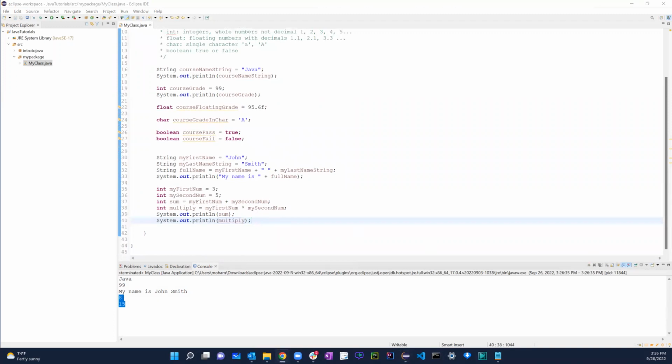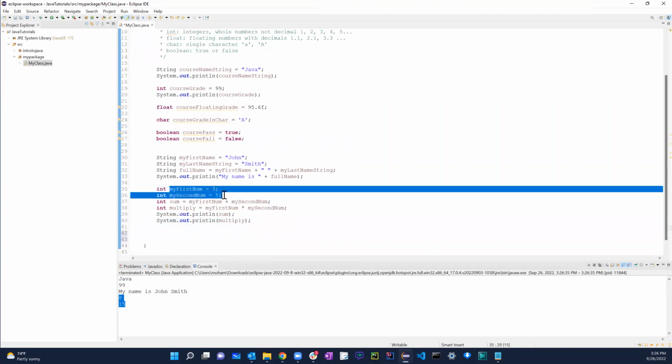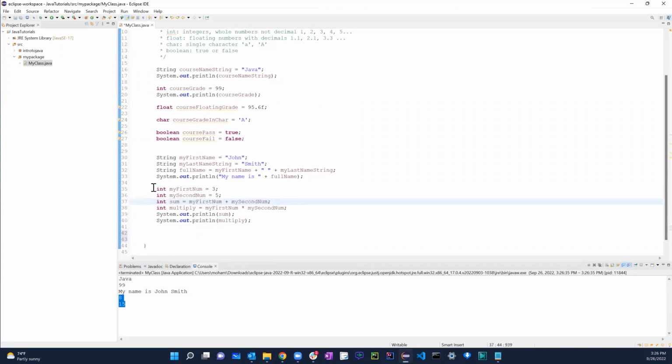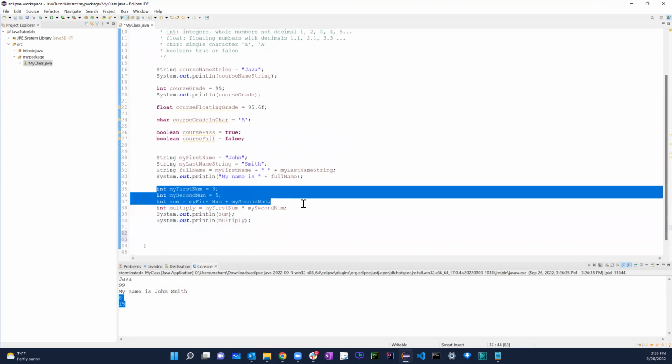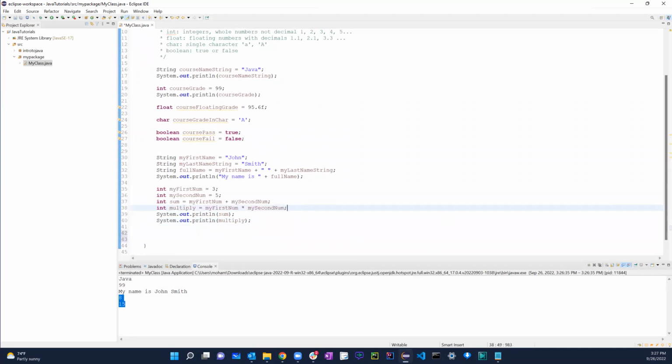Another thing, if I want to declare multiple variables, how can I declare multiple variables? Obviously, we are already declaring multiple variables here, but we are creating them on separate lines. If I wanted to, I can also do it on the same line. And what I mean by that is this. As long as it is the same type, right? As long as it's the same type, what I can do,